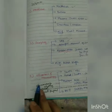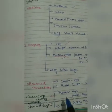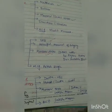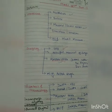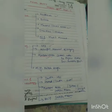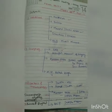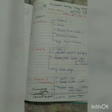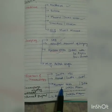The third subject we come to is Obstetrics and Gynecology. For Obstetrics and Gynecology, Dutta for Obs and Shaw or Dutta for Gynae is recommended. Now, what's the problem? Dutta is a great book for Obs, but you have to read it beforehand. In final year, you cannot just open it one day before the exam and find yourself in a total blunder. You have to read it beforehand, and to aid it, you have to combine it with Marrow notes from